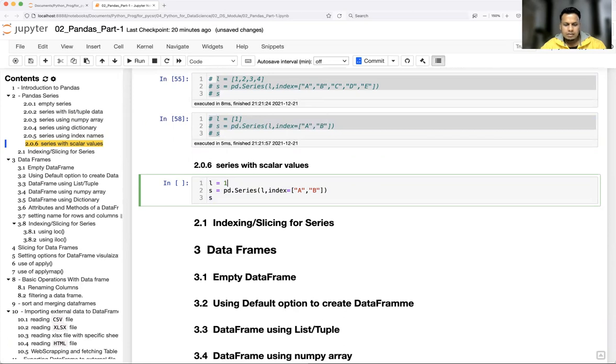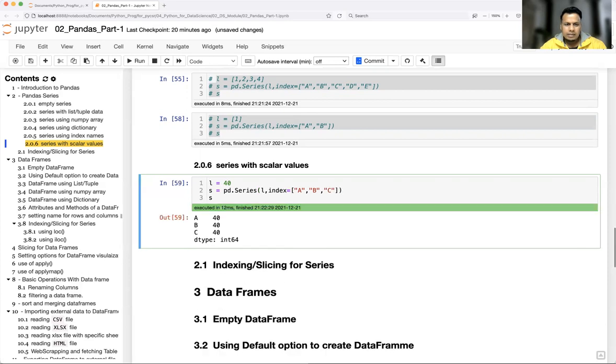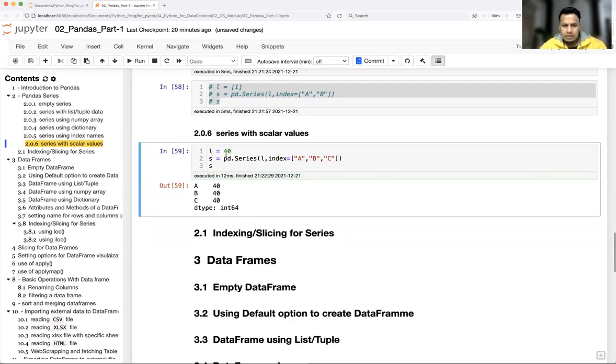Let's say I pass 40. Here I'm having only one element, right? But let's say the user is passing more index names than the given values. So what will happen? It is going to broadcast that single scalar value that many number of times, whatever number of indices are passed. So this is the beauty of a scalar value when you create a series.